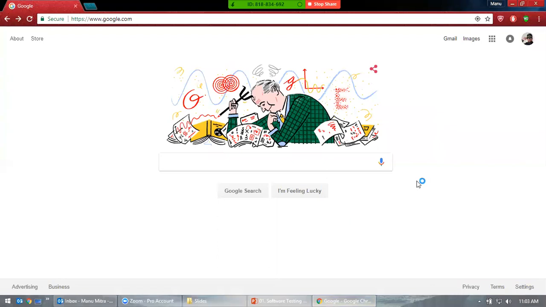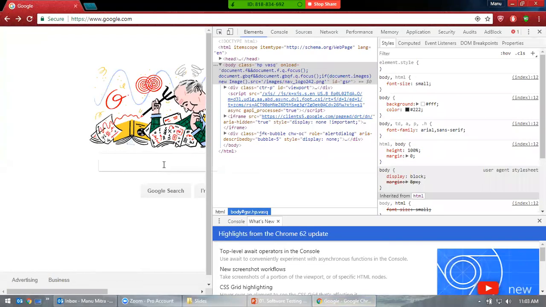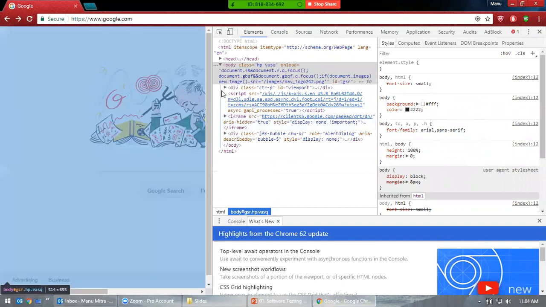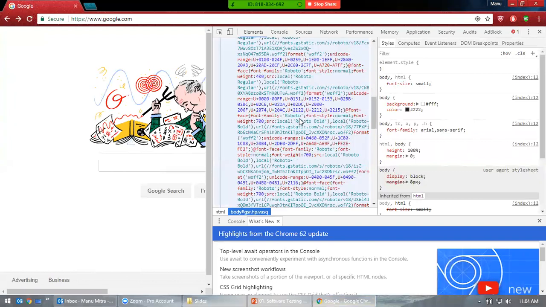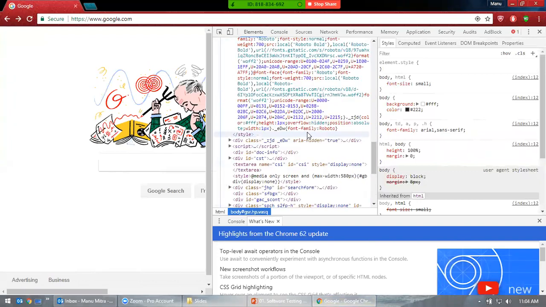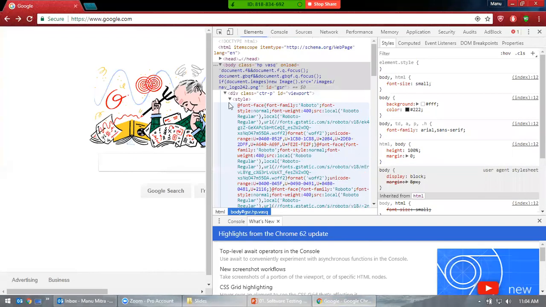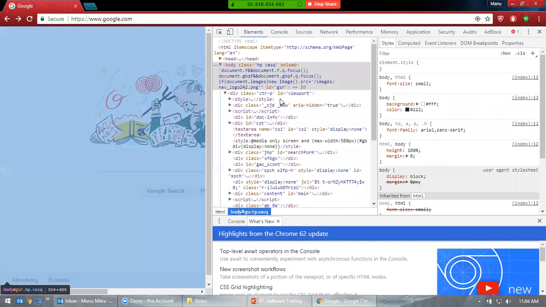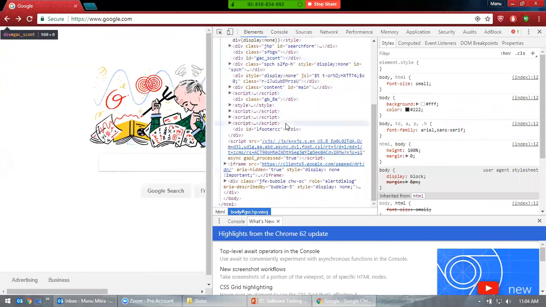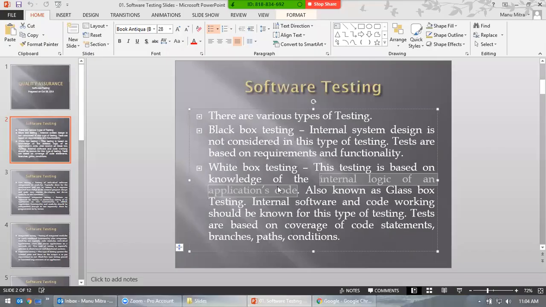Even if it's google.com, this is the code. I have a warning there, but we don't care; the application is still good. If I look at this, this is what the code is all about, and this is what developers do. If you're a Java developer, you look into Java-specific parts, and if you're a web developer, you look into this web page and how it's going. If it's Ajax, then Ajax, and this is the CSS. All these things are done in white box testing.